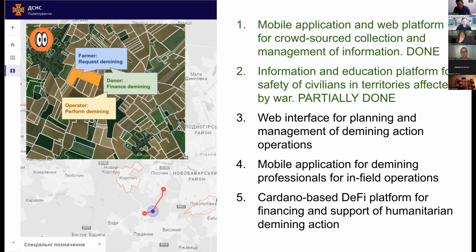This is what blockchain is good at, running these trails of information and putting them together, so field by field, we will turn all of this area from red to green. Thank you.